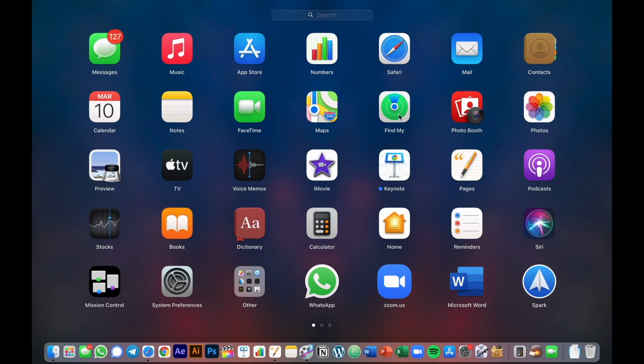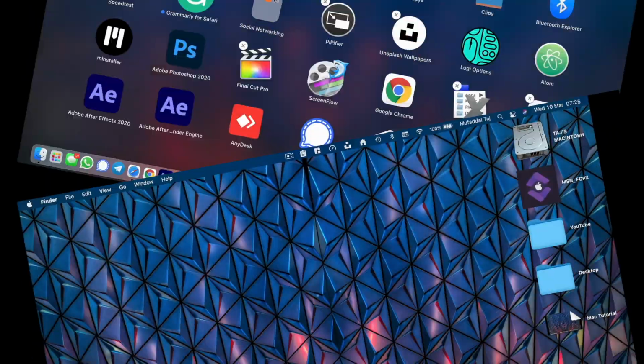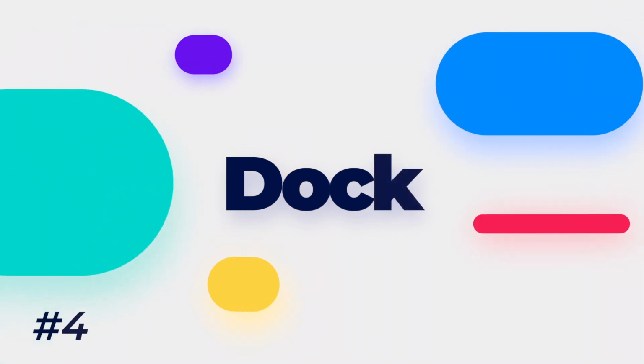You also have the jiggle mode like we have on iPhones. All you have to do is just click and hold on an app and it will give you that jiggle mode very conveniently. Next up is the dock, and it is located at the bottom of your